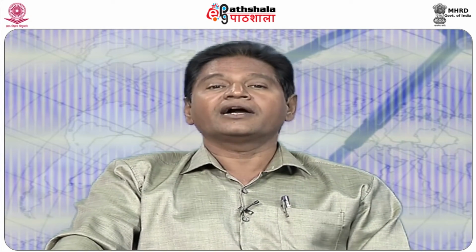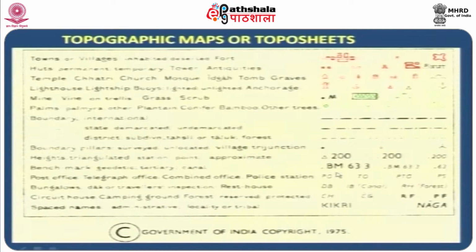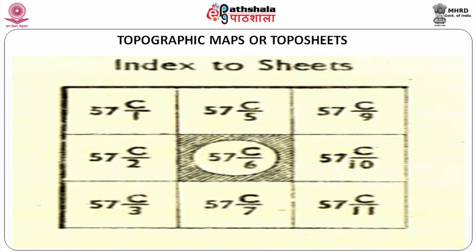So the better the contour interval, the better the accuracy. But still, for making a three-dimensional analysis, because for larger areas it's not possible to use say a 1-meter or 2-meter contour interval, depending upon the study, we use that. So contours are all shown as lines here, and the benchmarks are also shown here, a very important input. Other aspects like post offices, everything are also shown here.